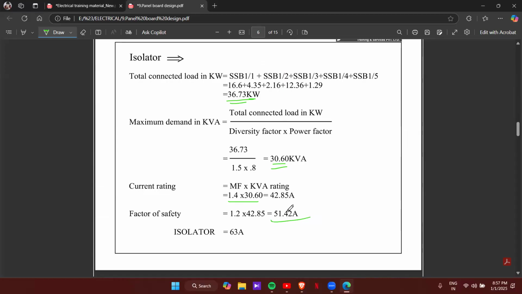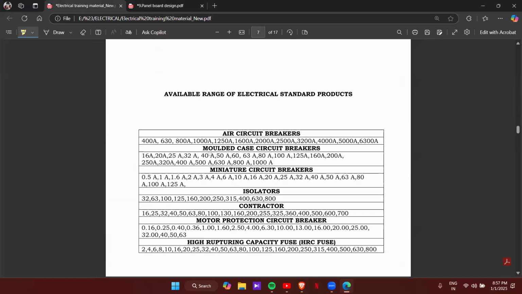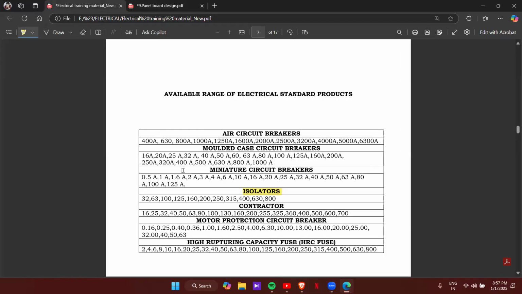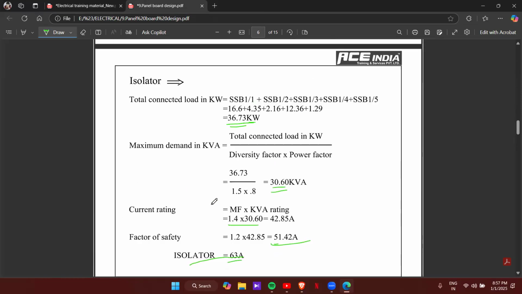So once you got this value after factor of safety, you can come to the table again, page number 7. Here you can see a column for isolators. So for isolators, it is 51 point something. After 51, next available is 63. So 63 will be the rating of this isolator. Okay, so that's how you calculate the